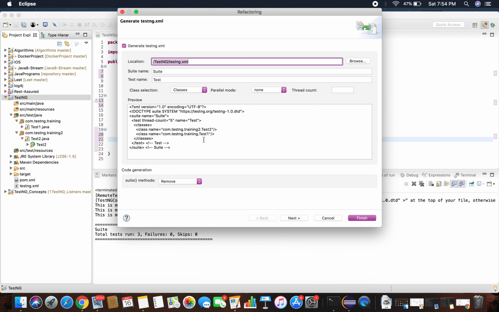When you want to add all the test methods annotated with @Test, you right click on the project. Otherwise, if you want to add only a few classes under a specific package, right click at the package level, convert to testng, and you can create your testng XML. Thanks for watching this video.